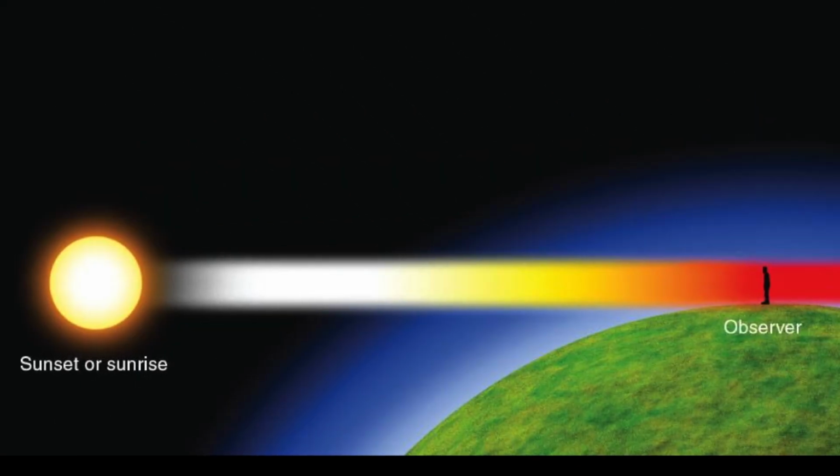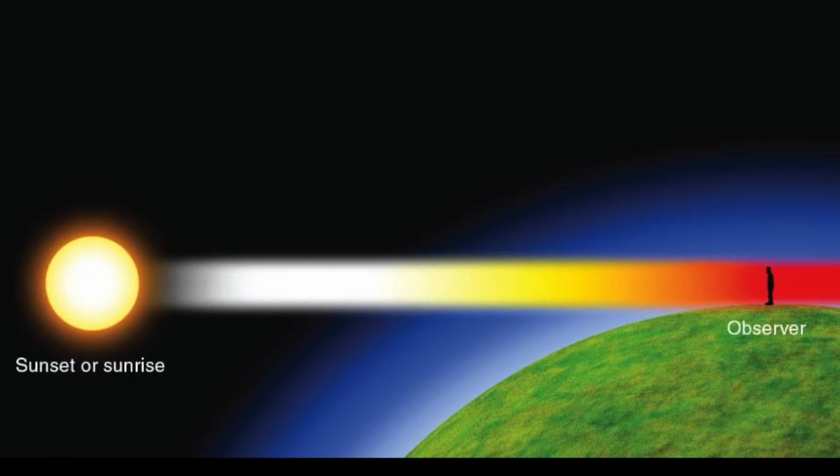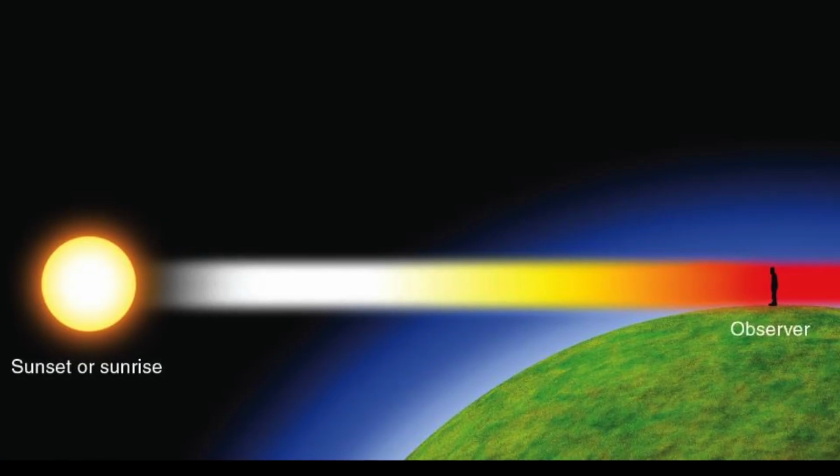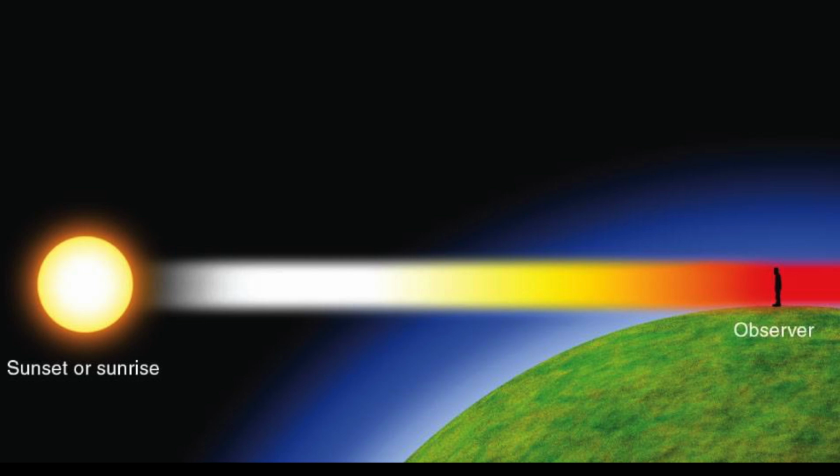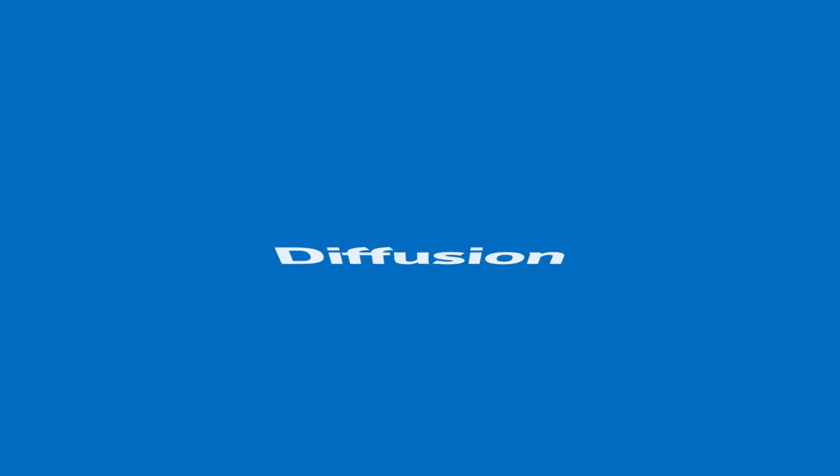At sunrise and the sunset, the oblique rays have to pass through the longest path of the atmosphere. Hence, all the color spectrums except red and orange are scattered. It is only the red and the orange colors that reach our eyes. This accounts for the reddish hue of the sky during the twilight hours.